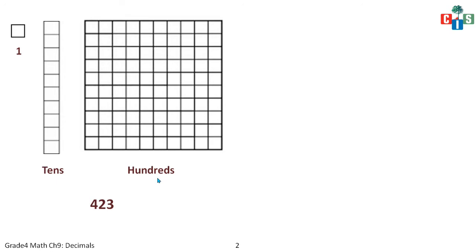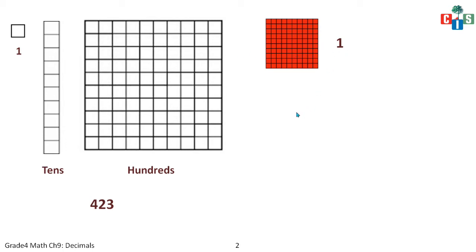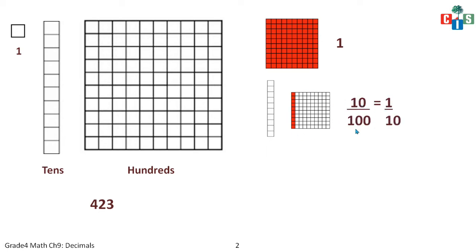Fine. But I want you to change the assumption or the value. Now suppose this is equal to 1. This is not equal to 100. What is it? This is equal to 1. Then how will you represent this? So you will say, ma'am, ये ऐसे represent करते हैं, one part out of the 100. Or I can say 10 blocks out of 100 blocks. So it will be 10 out of 100 or 1 out of 10. So this is also represented as 0.1.